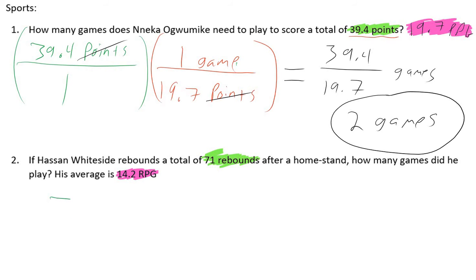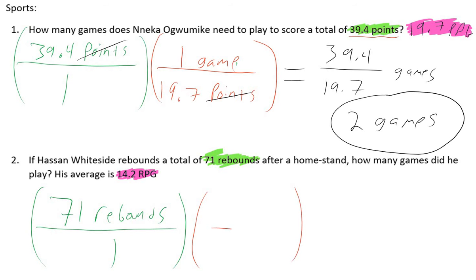So our given is 71 rebounds, and we're trying to see how many games he has to play to do this. Our next unit for our denominator is what always guides us, and in this case it needs to be rebounds. What the question gives us is 14.2 rebounds for every 1 game. Obviously you can't get 0.2 of a rebound in the NBA, but this is what happens when you get an average. Our units cancel out rebounds, and ultimately we end up with 71 over